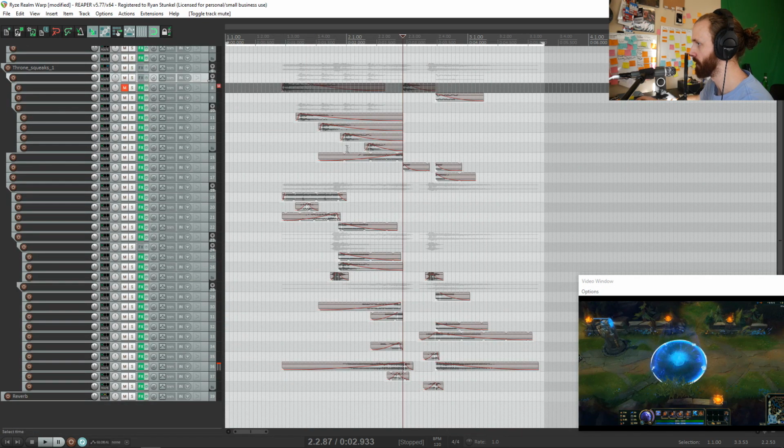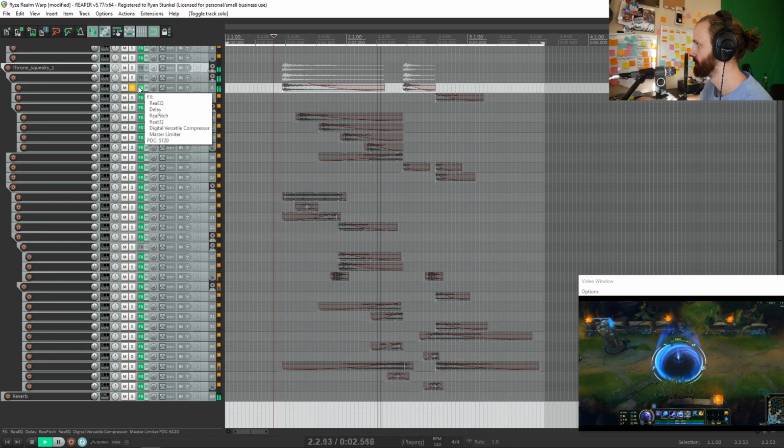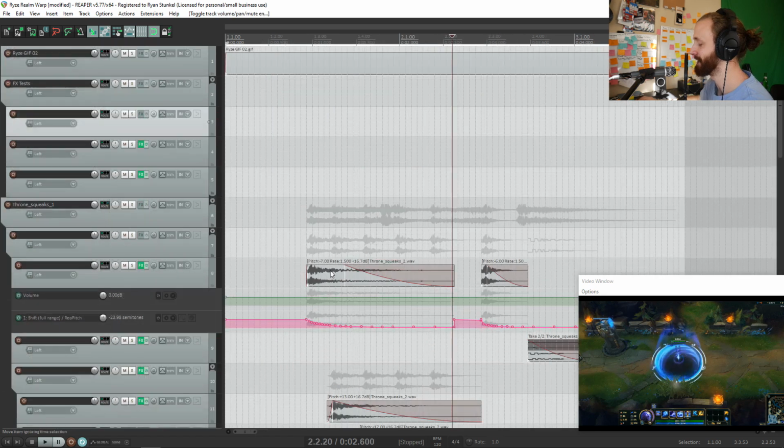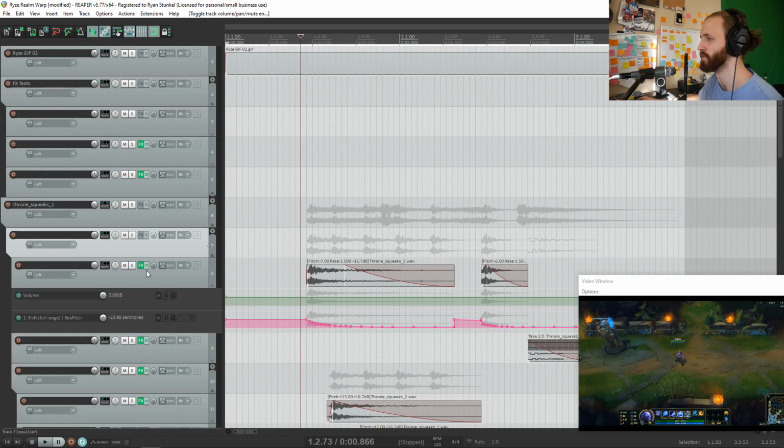The most important part of the sound was definitely the low end. Just does so much for the sound. You can hear how much it just fills out the sound when I add it in. And I think one of the tricks here is having a definable pitch for the bass. I feel like sounds that don't have a lot of movement and are too static just stand out a little bit too much. But if you're changing the pitch, then you're able to control it and help it move towards something instead of having it just be some random sound.